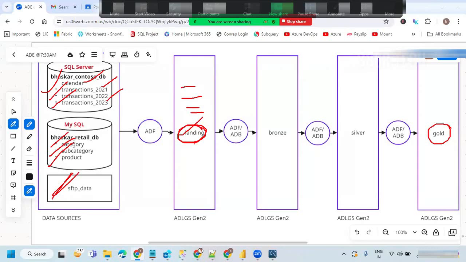If you want to keep them as Parquet files, you can keep it. Or if you want to keep them in a different file format, you can keep it. But I'm going to take that as a Parquet file format. Okay. So once the data is landed here,